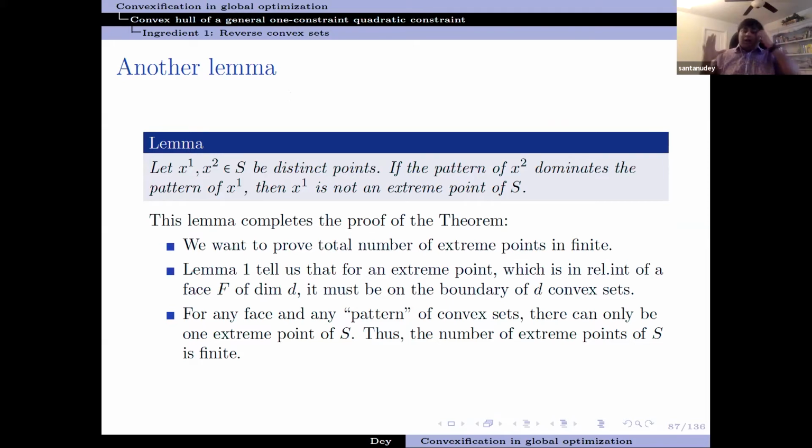So now you explore. By lemma 1, I know that if I take a potential extreme point, which is in the relative interior of a face of the polytope of dimension D, then I better be on the boundary of at least D of these convex sets, right? But then basically, now you do the following. Fix the face, and fix your favorite D convex sets that you want to be on the boundary of. There can be at most one such extreme point, right? Because if there were two such points, one of them would dominate the other, and so it wouldn't be the extreme point. And so therefore,